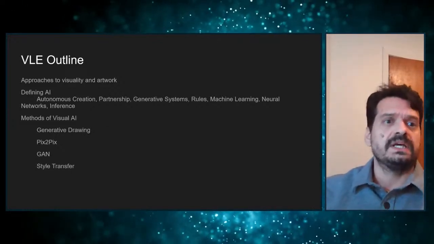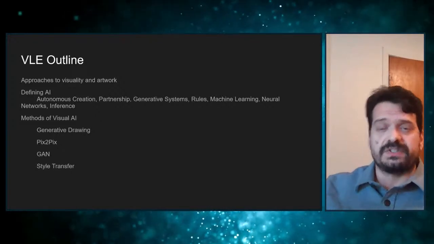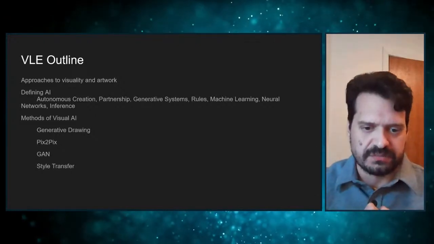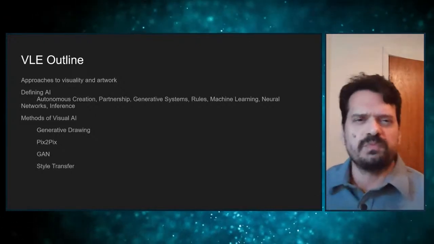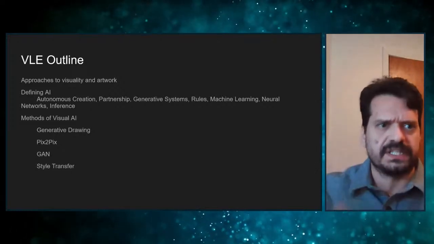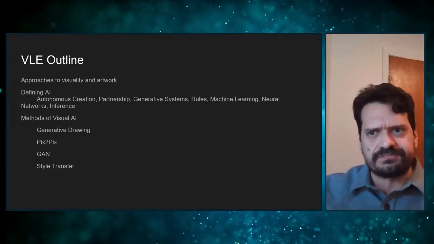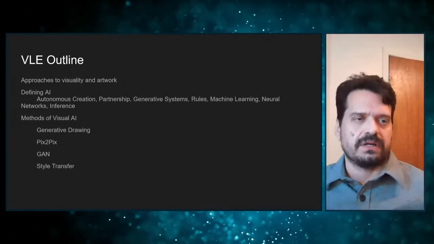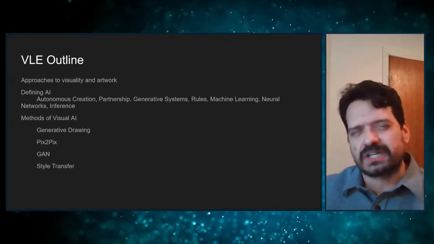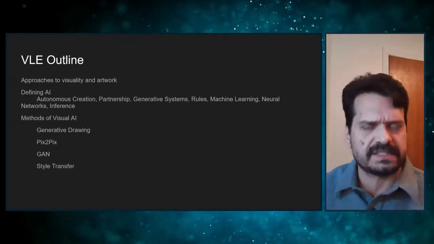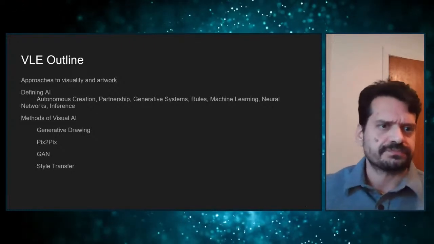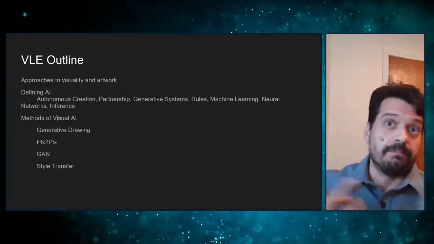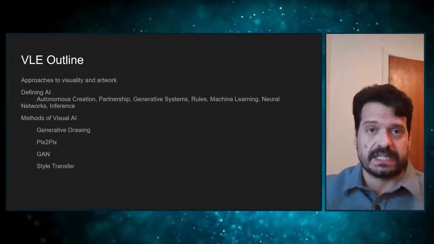So I'm going to first talk about some general approaches to visuality in artwork, which will be a little narrow band of discussion, but try to bring up some points that hopefully should resonate through the talk today and through the work today. And then we'll briefly discuss how we could define AI and maybe break through some constructs we have that presuppose what AI is, especially in terms of the creative workflow. And then the bulk of the afternoon will be looking at methods to make, implement, use artificial intelligence,